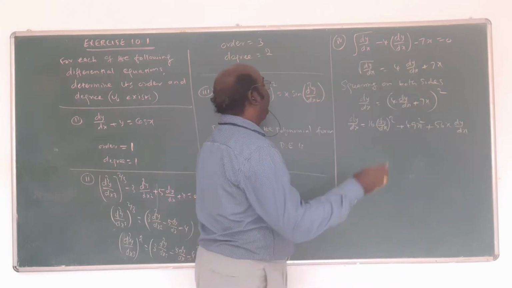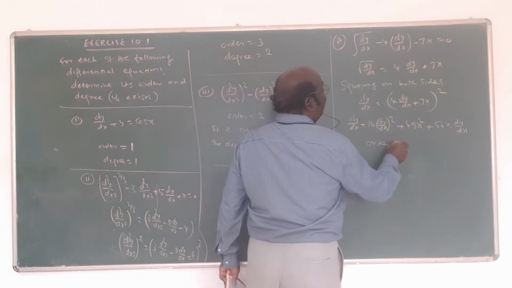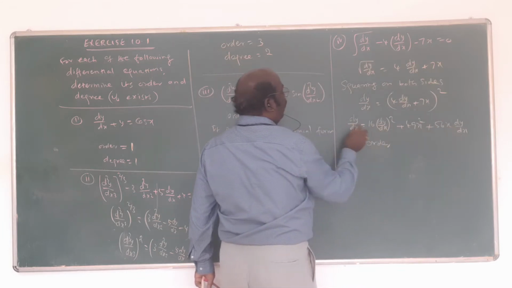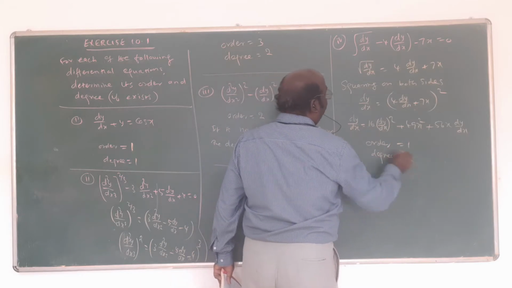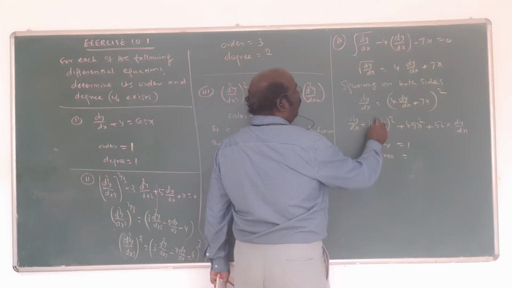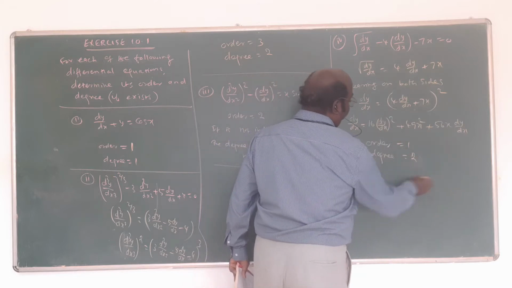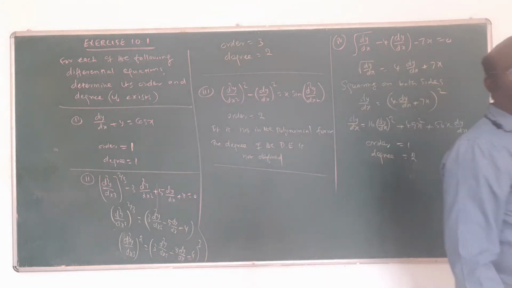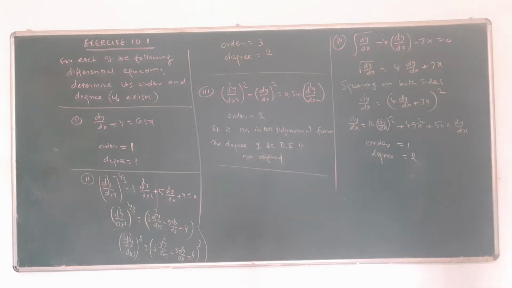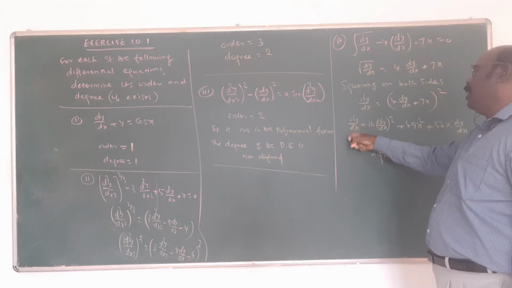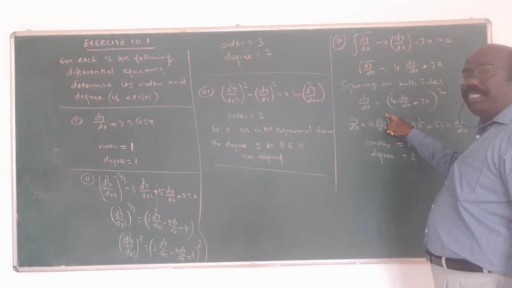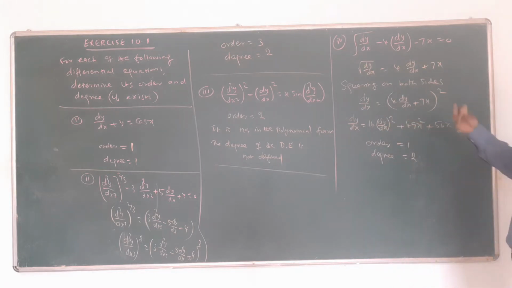Now find the order and degree. What is the order? Here first order, here also first order, here also first order. This is the maximum order. But degree is what? If first order whole power 1, but if first order whole power 2, then 2 is the answer. The highest is the degree. The order is also the maximum. Out of these, the highest order is first order; whole power 1 is there, but whole power 2 is also there, and 2 is the maximum. That is the degree.